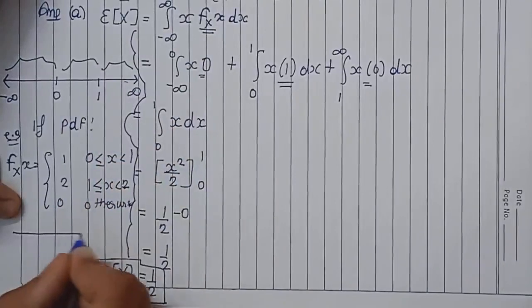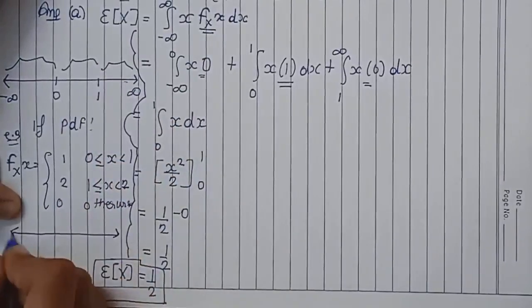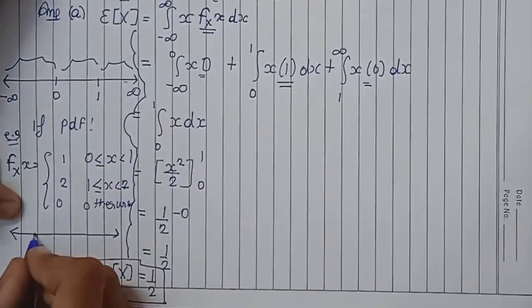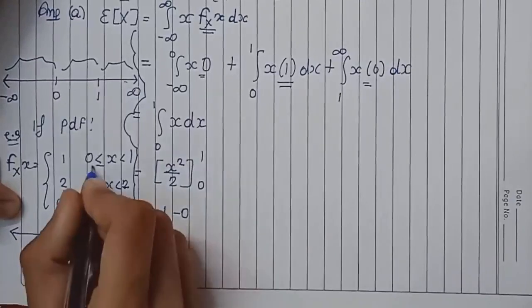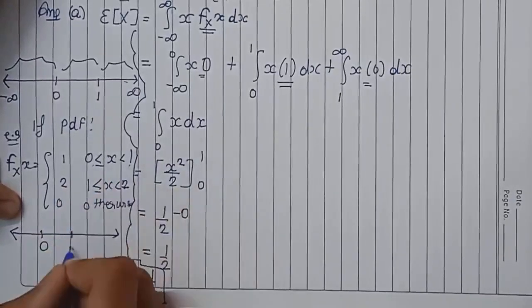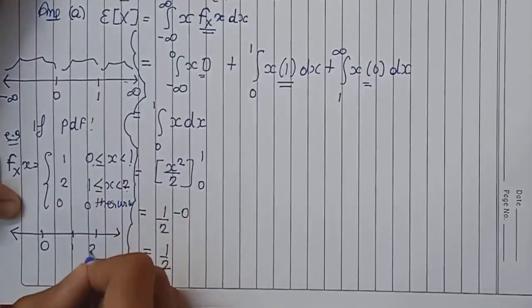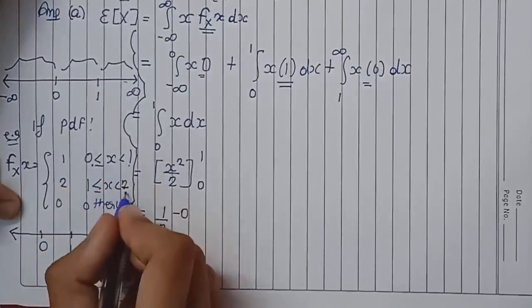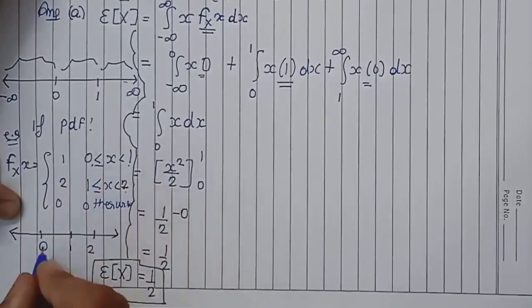Then the PDF can be broken into 4 parts, which is 0, 1, 2. From the range side, I have put the different real number values that I can see